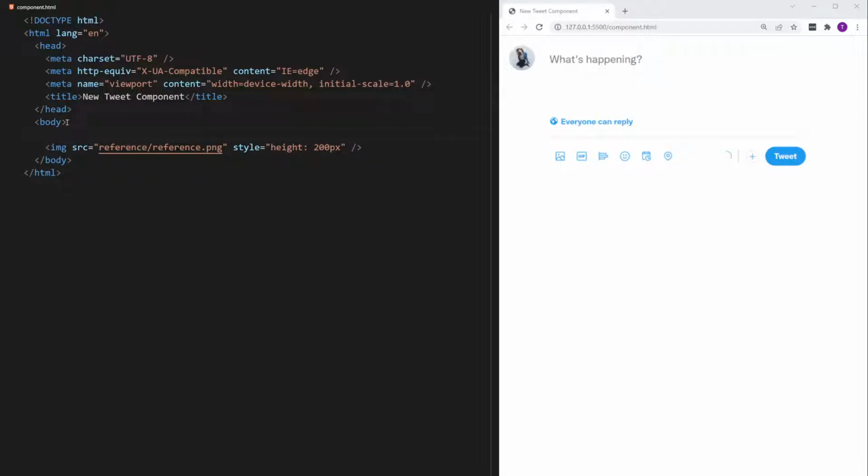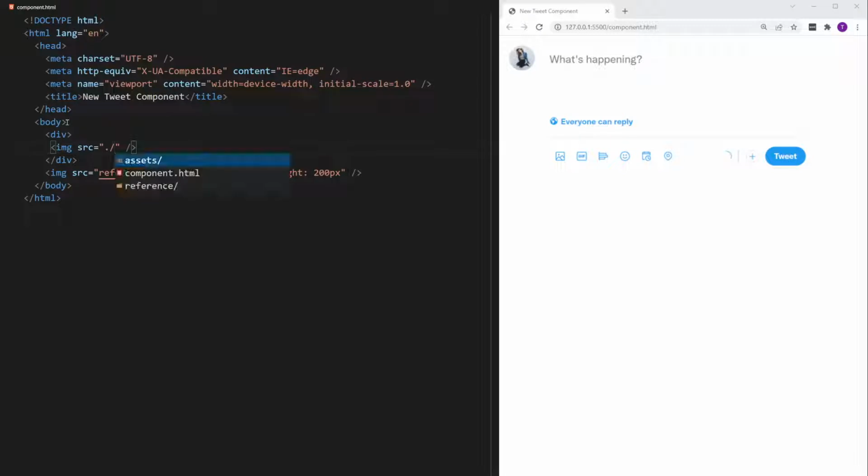So first I'm going to add all the basic HTML elements we need. I'm not going to style them immediately. We will style all the elements after I've added them. So we can start with a div, and that'll just be our wrapper component. And then I'll create the image on the left,